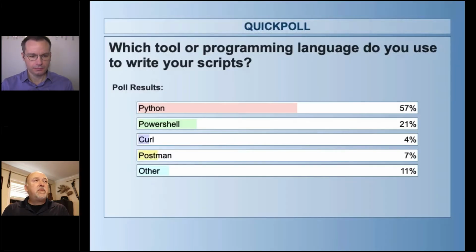So 57% are Python, 21 PowerShell, 4 curl, 7 Postman. So what we're going to be showing today is Python. So a majority of you are going to look at this and love it. The others,